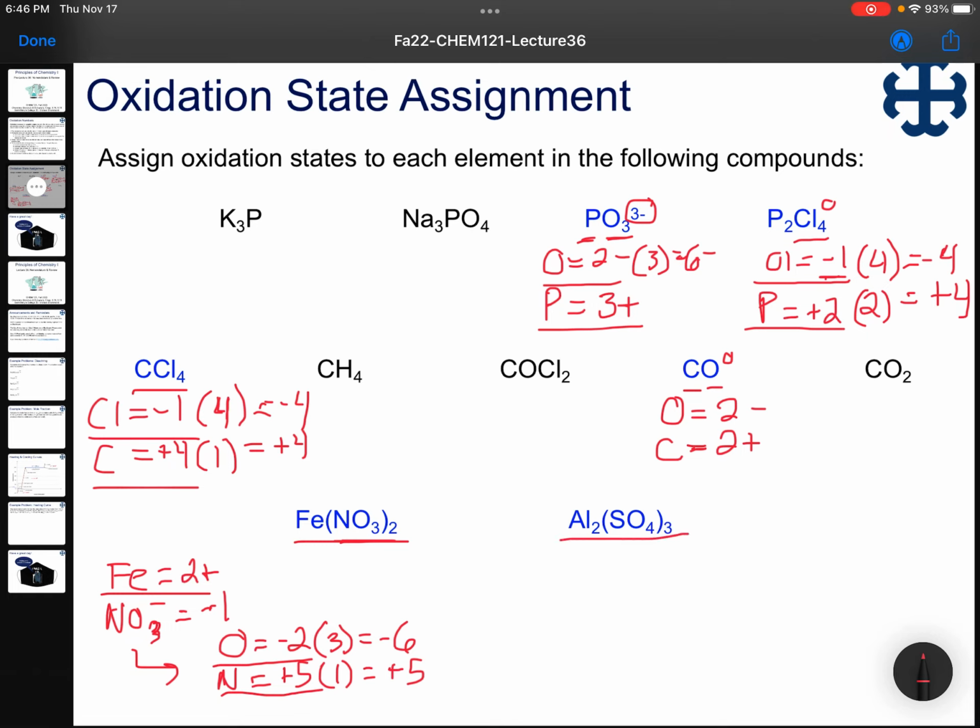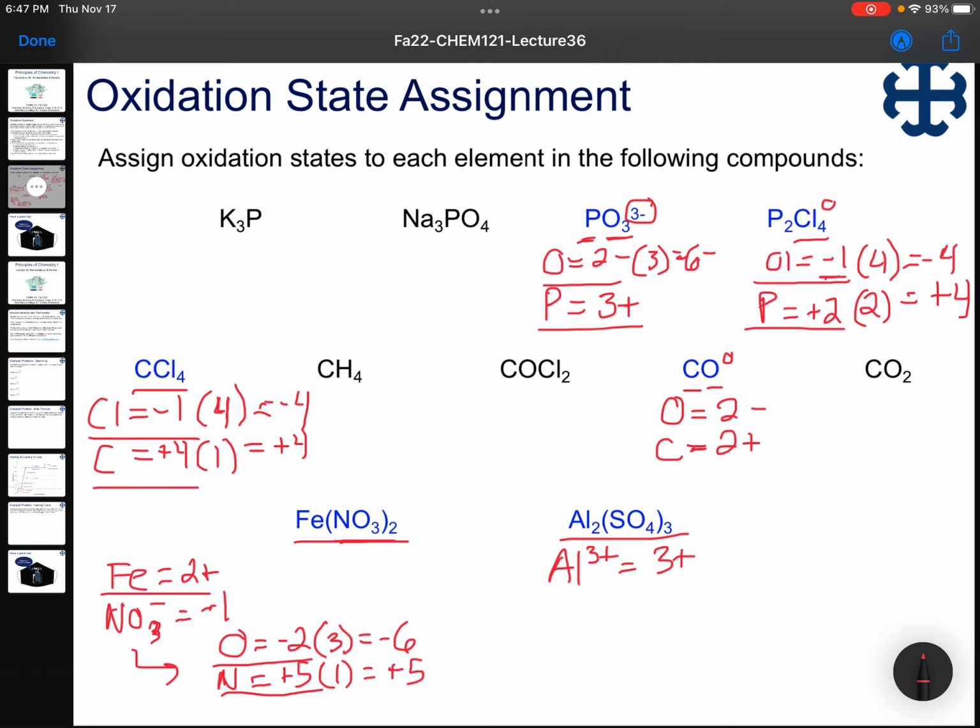We don't need to specify like aluminum 2 or aluminum 3, depending on what it is, which we'll get into in a second, because aluminum is in the 13th column of the periodic table, group 13. It should always, as an ion, have a 3 plus charge, right? So that's one of the ones that we can figure out by looking at the periodic table. And so aluminum 3 plus has an oxidation state then of 3 plus.